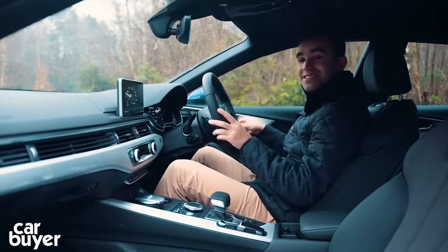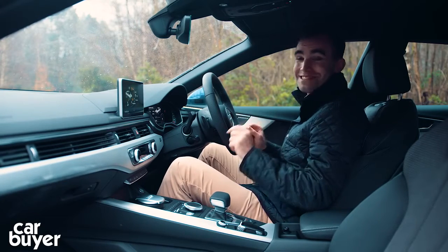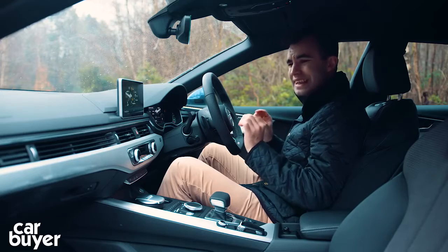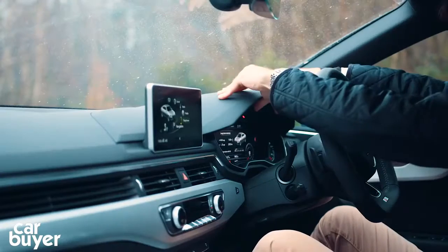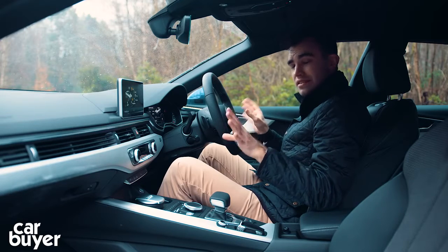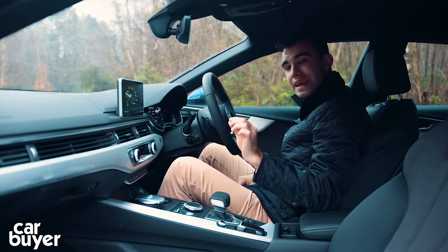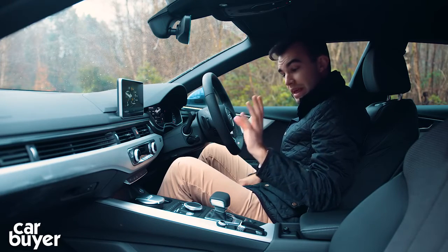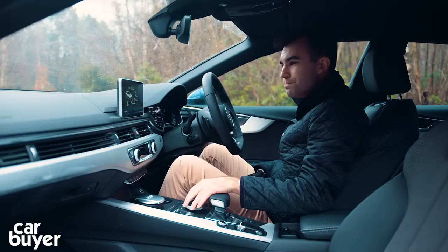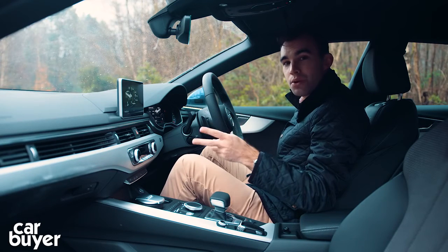Up front, and it's identical to the A5 Coupe and the A4 Saloon, but that really isn't a bad thing because the quality in here is exceptional. Everything has a really quality, well-made feeling. Now, some would say the design in here is a little austere. I think it's lovely, very minimalist, and everything is where you'd expect it to be. The Audi's MMI system is beautifully intuitive to use,